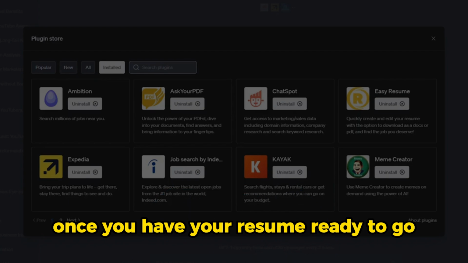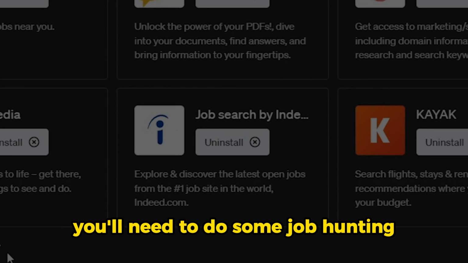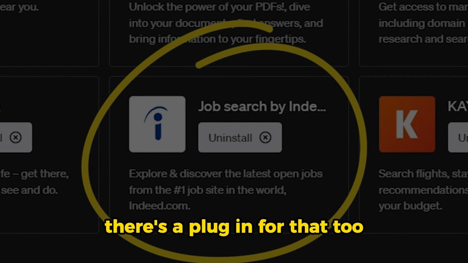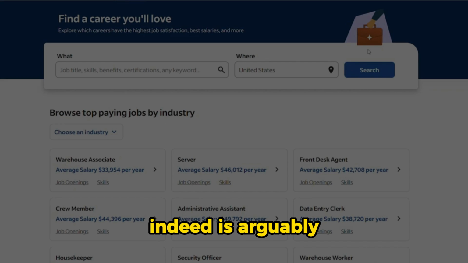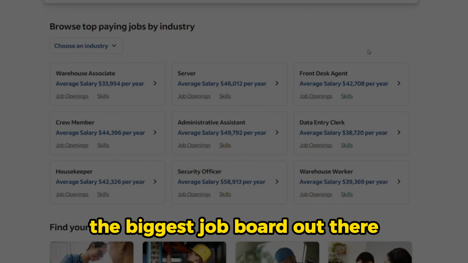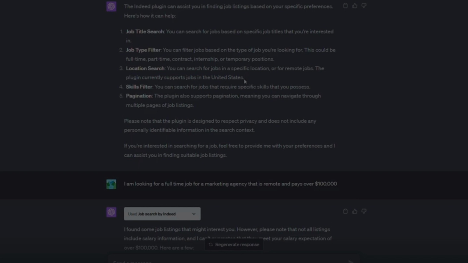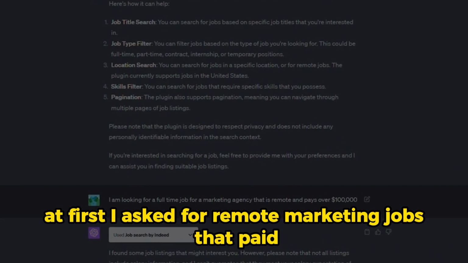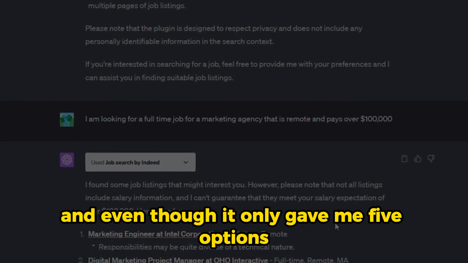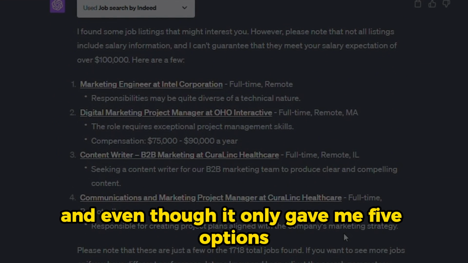Once you have your resume ready to go, you'll need to do some job hunting, and thankfully, there's a plugin for that too. Indeed is arguably the biggest job board out there, and they just released their plugin to help you navigate the site. At first, I asked for remote marketing jobs that paid 6 figures, and even though it only gave me 5 options, it said it found